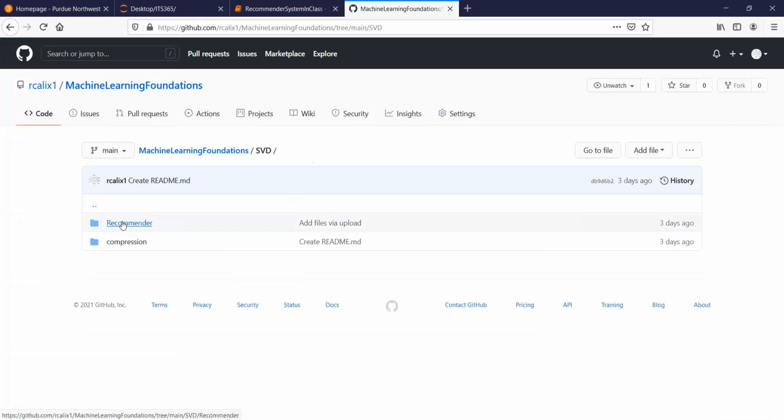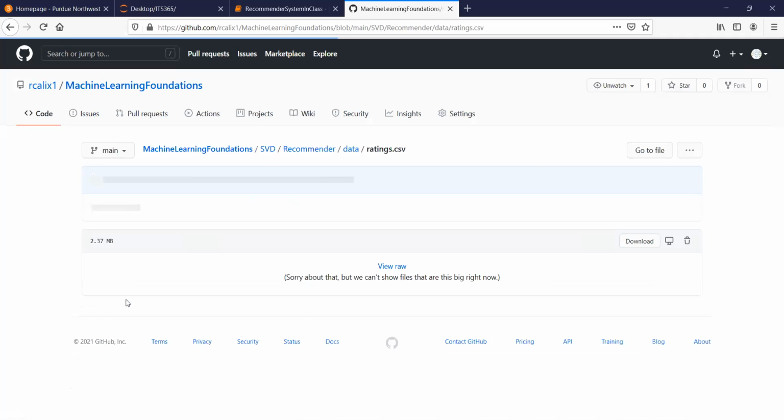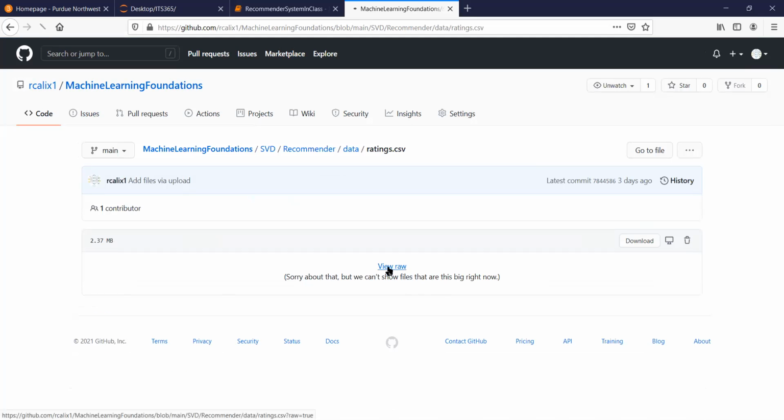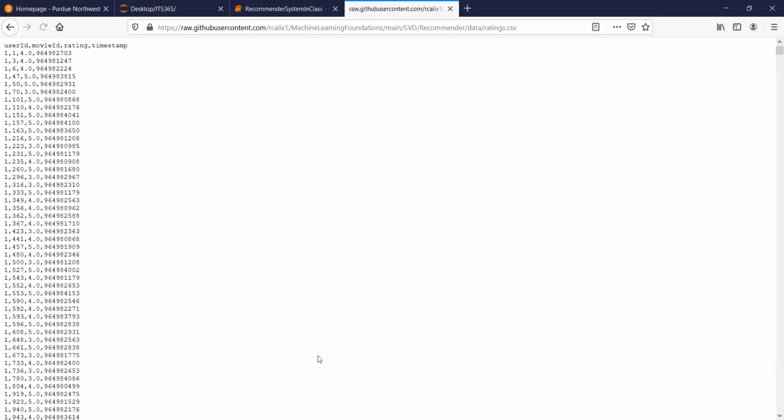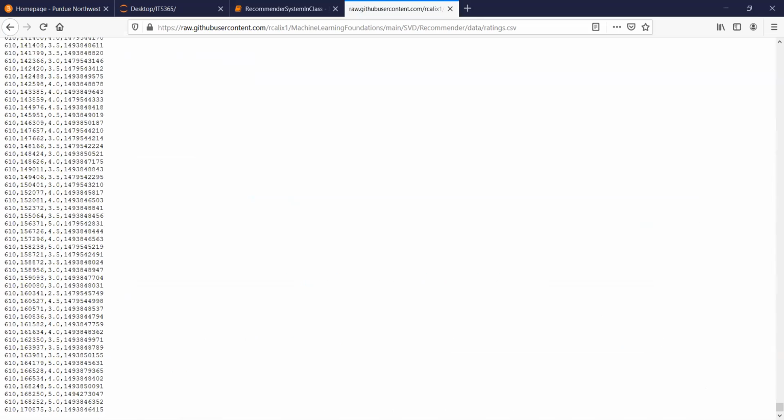So recommender, you guys should be seeing the data is here, and then ratings CSV, view raw. Oh, there it is. So then you can go all the way to the bottom and you can see